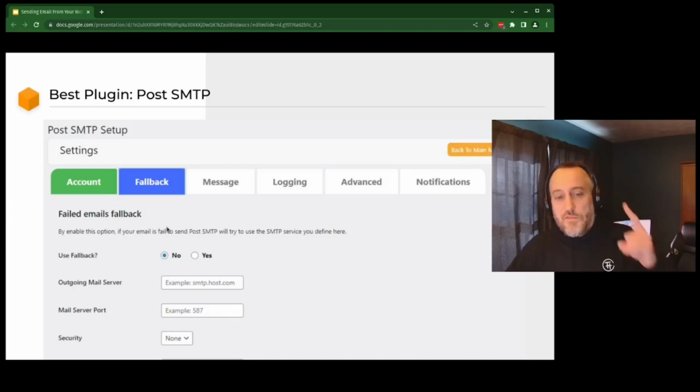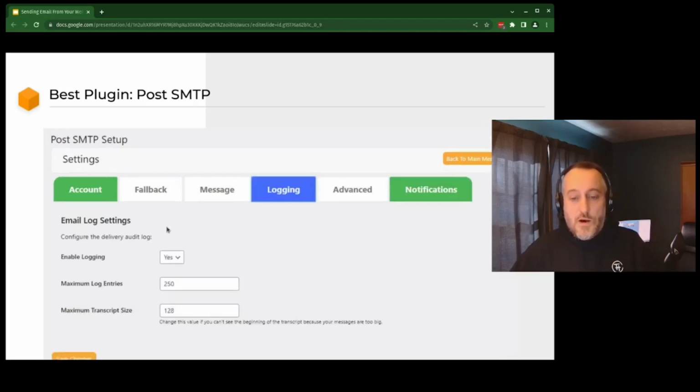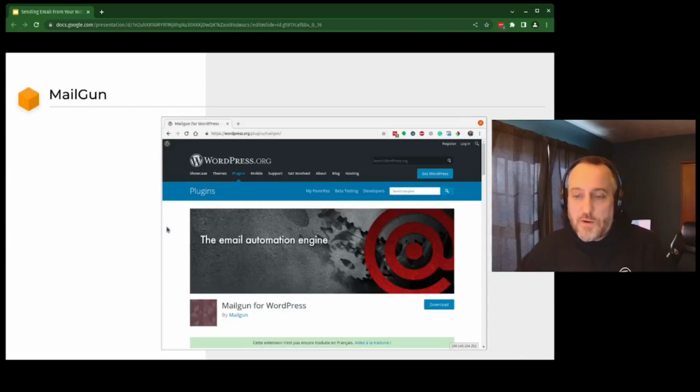And then if the first one fails and the second one fails, you can also set up Slack integration. So if the web server is not sending the mail, you can set it up to get a Slack notification. So that way nothing is lost. And also we have a log, and so you could set it up to log everything. And then you can go back, log in, and look and see how things are, when email stopped working, and then you can go back and resend all of them once you fix the problem. So to me, this plugin's pretty incredible.